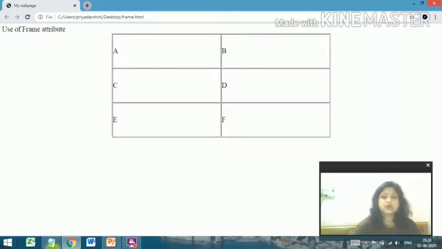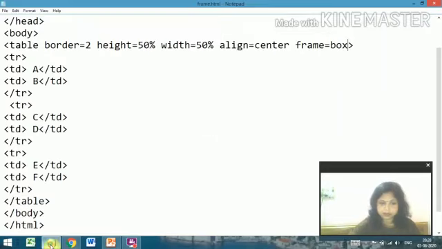Okay. So all the values of the frame attribute we have discussed. One is LHS, left hand side, RHS, right hand side. Above means it will show you only the top border. Below means it will show you only the bottom border. If it is edge sides, it will show only the horizontal borders, that means top and bottom.